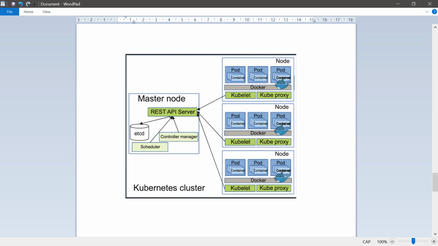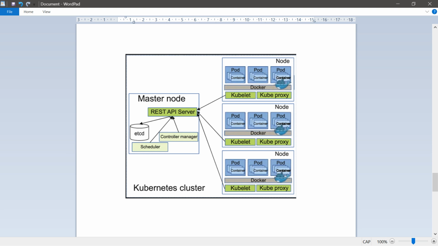The scheduler needs to take into account individual and collective resource requirements and quality of service requirements, hardware or software or policy constraints, affinity and anti-affinity specifications, data locality, inter-workload interference, deadlines, and so on. Workload-specific requirements will be exposed through the API as necessary.